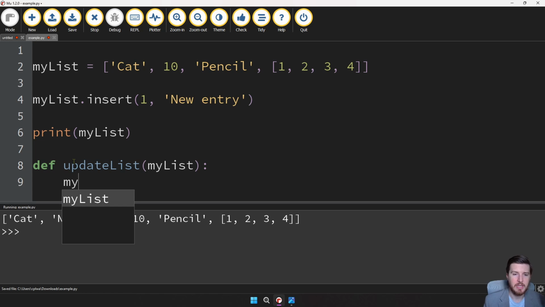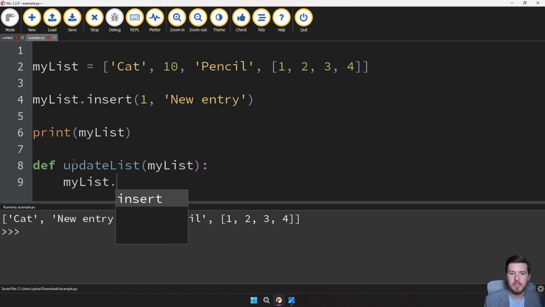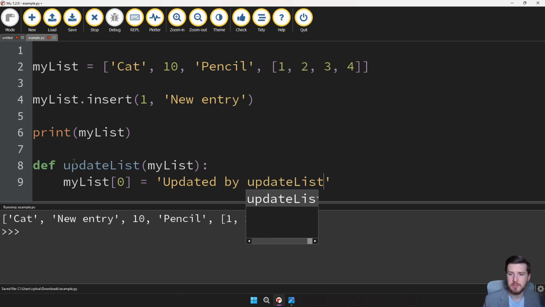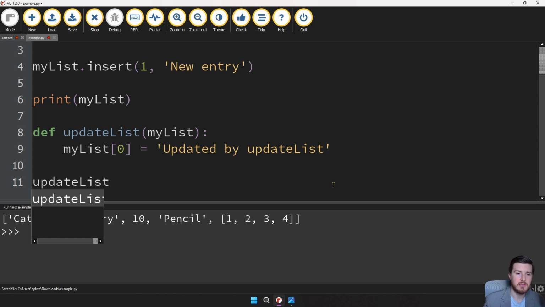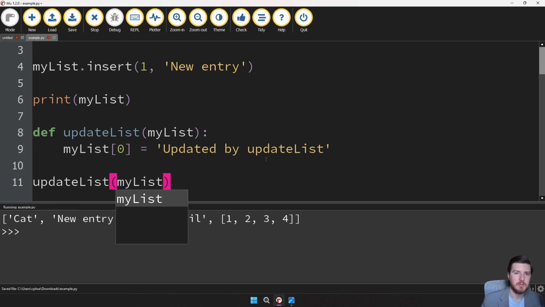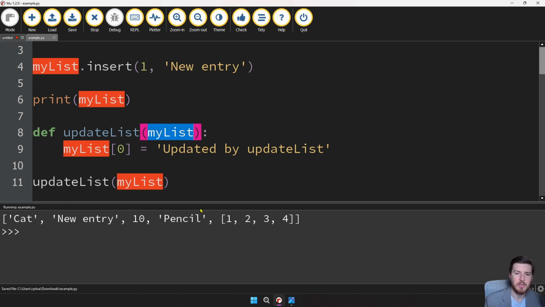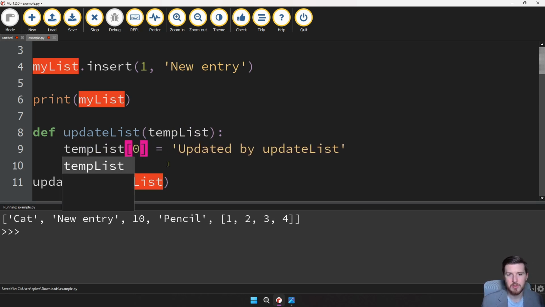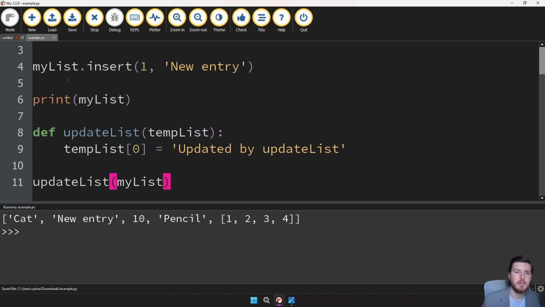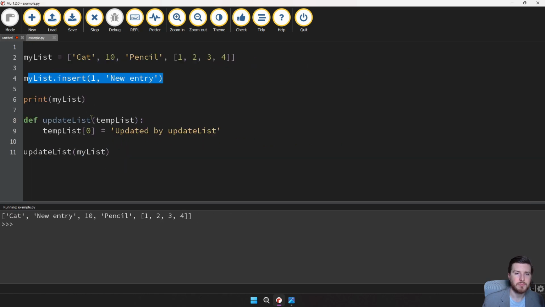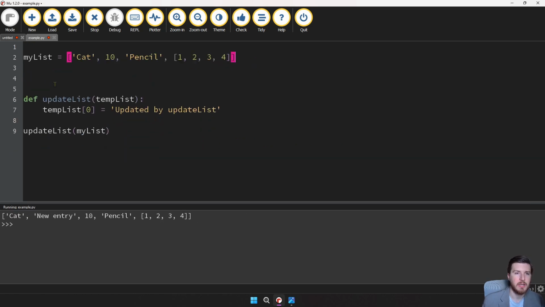and inside of here, I take my list, like we talked about, change the first value, and set it to "updated by update list". Then if I come down here and I say update list, my list, let me change this name so it's not confusing either. We'll call this temp list, because that could be how you get confused. You think this is a temp list, and then when I call my list,